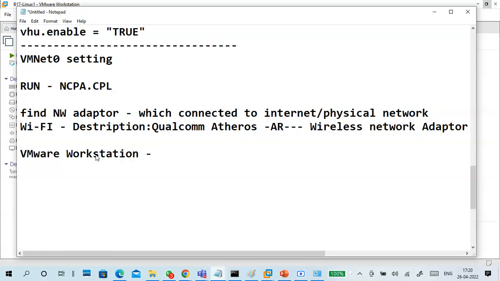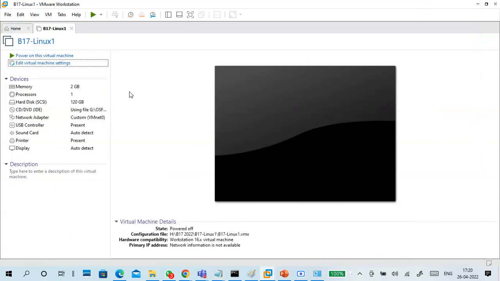Go to VMware Workstation, Edit, Virtual Network Editor. Okay, so open this. Edit, Virtual Network Editor.